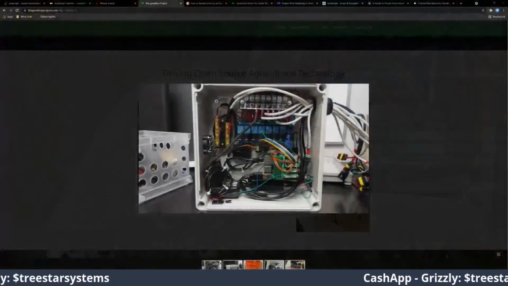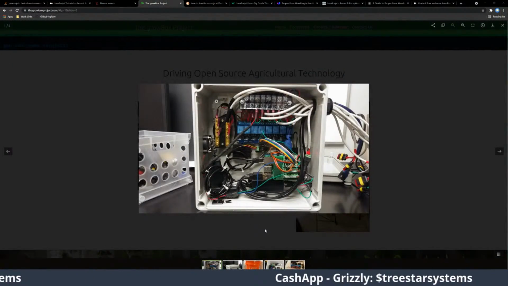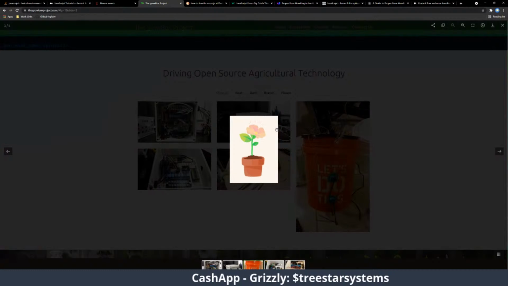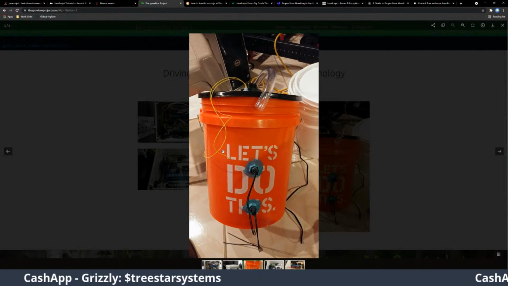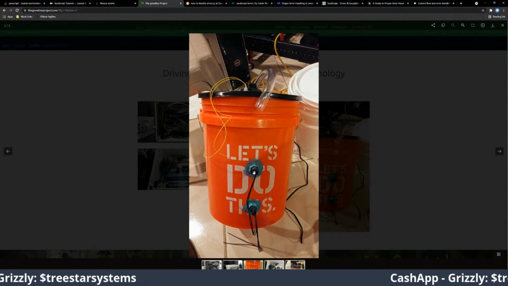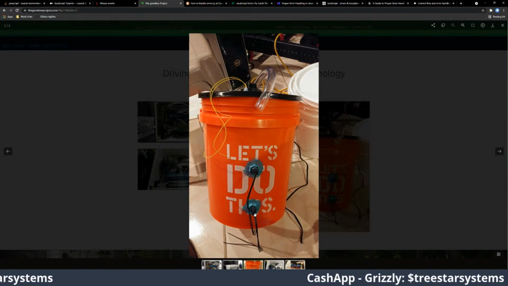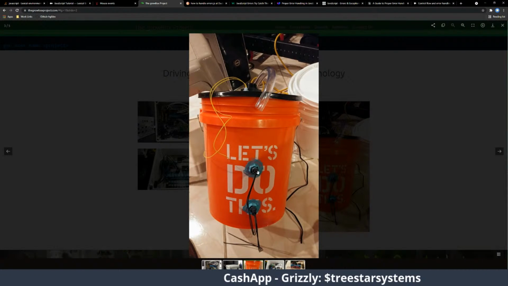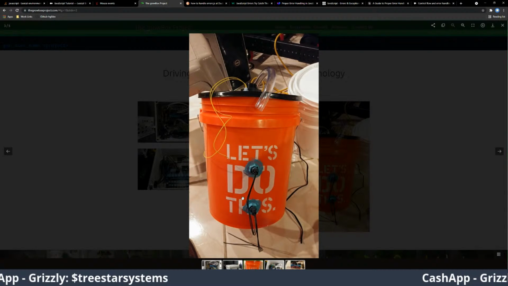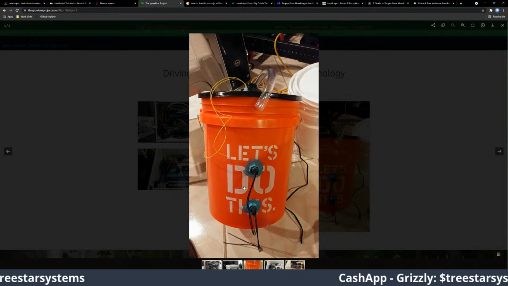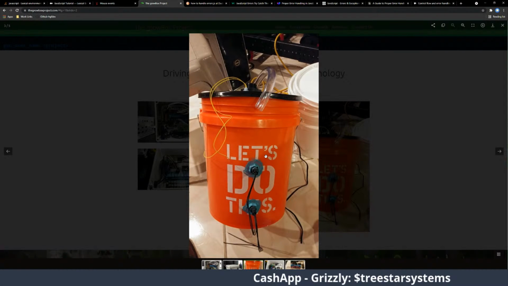Let's go back to this here. This is kind of a portion of what you were talking about, what's in this bucket here. I have multiple sensors. I have a lower water sensor, a mid water sensor, and then I have another float sensor up here. This was my smart bucket, and it would hold all of the irrigation water and stuff like that, or the